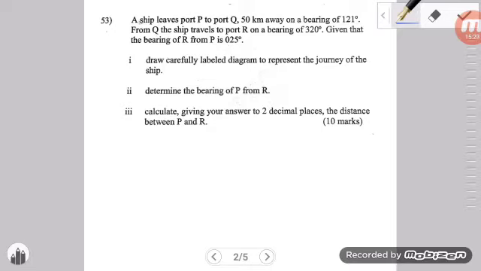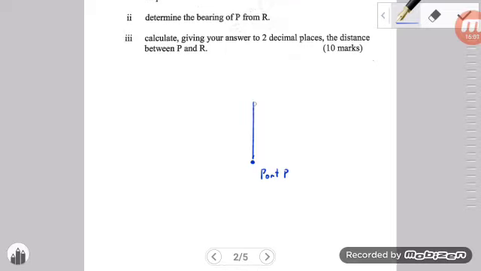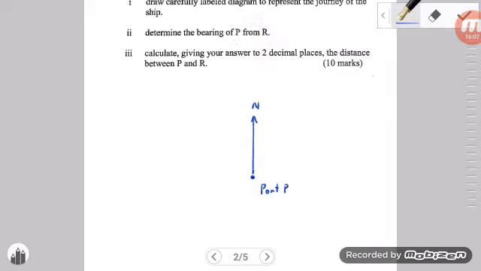So the first thing we want to do here, guys, is that we actually want to place a point that's going to represent port P. All right, that's port P. As long as the object is moving, then we are going to need to establish what is known as our north line. Okay, that's our north line. Once that has been established, then we now begin to construct our direction to where Q is. Now Q is 50 kilometers away on a bearing of 121,